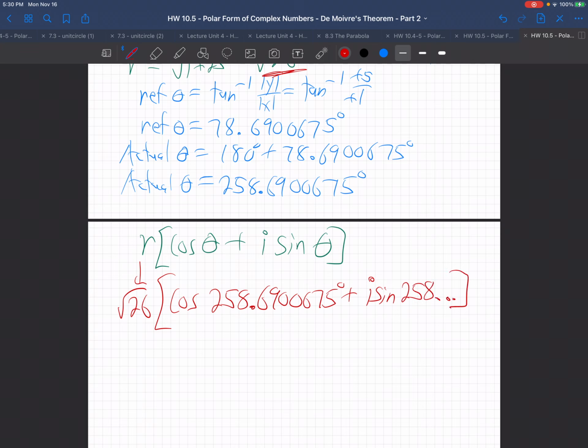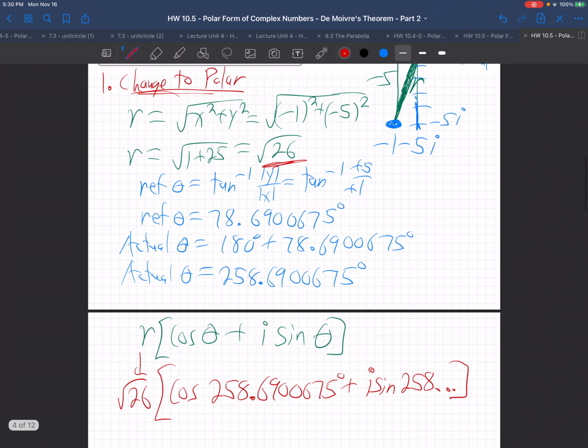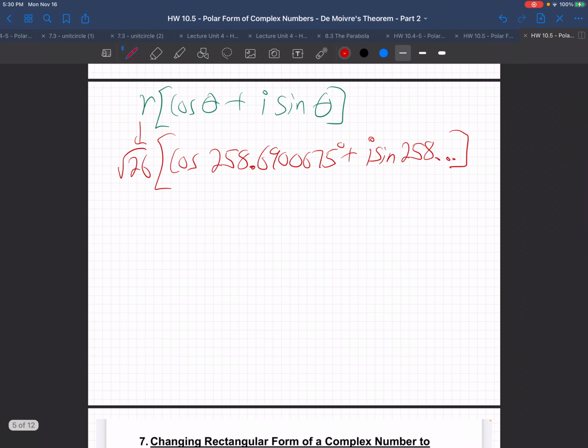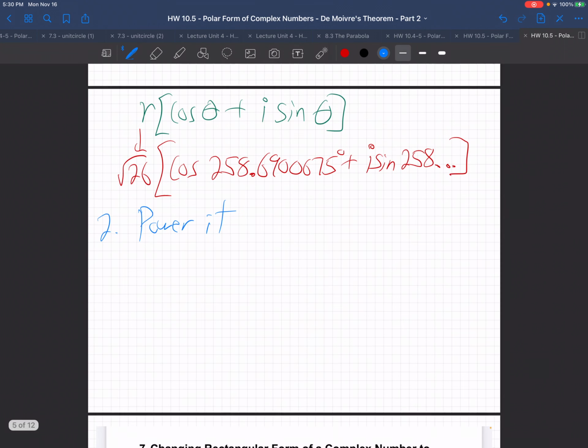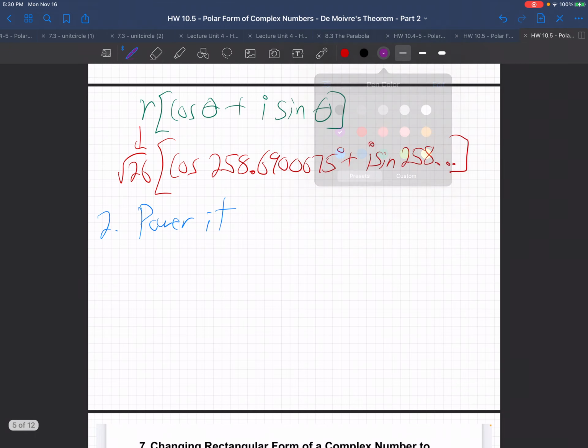All right, so that's step 1. Change it to polar. Step number 2, power it. So how do we power it? Well, what power was it? It was the 6th power. So we're going to take that thing to the